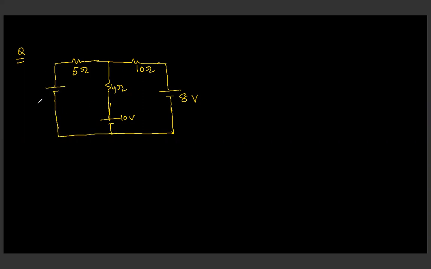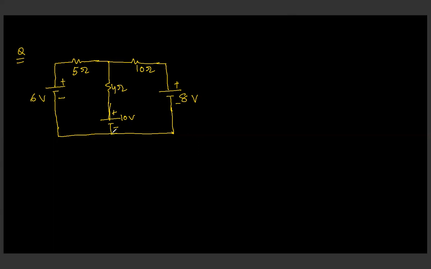Okay. So this has a potential of 6 volt. I mean this battery. How many batteries are there? 1, 2, 3. So you cannot use the concept of series and parallel combination over here, right? Because you're not sure who is in series and who is in parallel. You have only two alternative methods left with you. Either you use the loop rule or you use the junction rule. Now I will be using the junction rule.